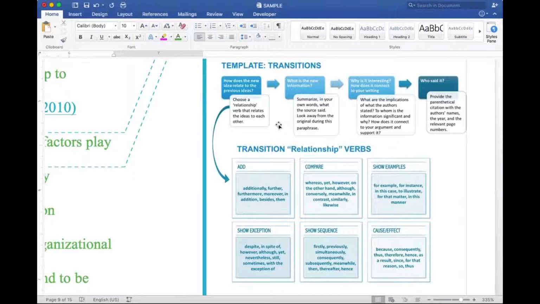So you want to ask yourself, how does the new idea relate to previous ideas? Choose a relationship verb that relates to the other ideas. So if I'm comparing, I could use something like however. If I'm showing sequence though, I might say something like consequently. Or if I want to explain a causative connection that builds a connection to my argument, I might say thus